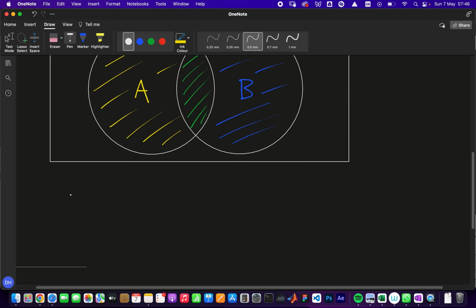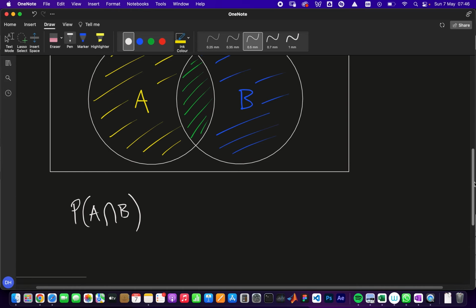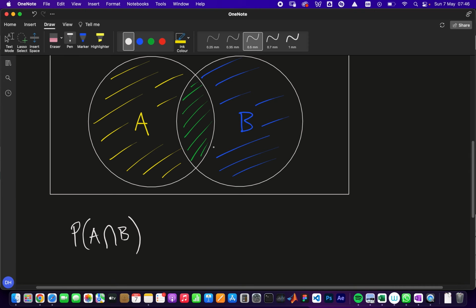And that, by the way, in the textbooks is denoted like this. That little symbol that kind of looks like a lowercase n, that means intersection. So when you see that in the textbooks, that means the probability of the intersection of A and B, i.e. that green bit, means the probability of A and B occurring. What is it? Well,